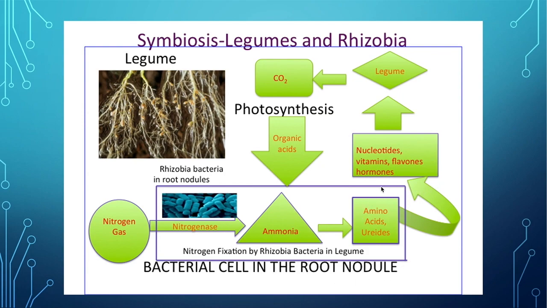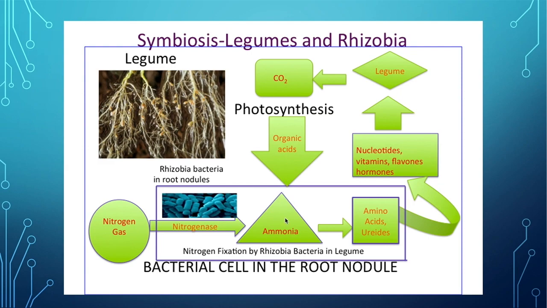And these amino acids are then used to create nucleotides, vitamins, flavones, and hormones, and that goes into the legume plant, which we then consume, of course. And then carbon dioxide is released, of course, as well, because everything's living, and that carbon dioxide is fixed into organic acids by photosynthesis, and those organic acids or sugars that are produced by the plant are given to the